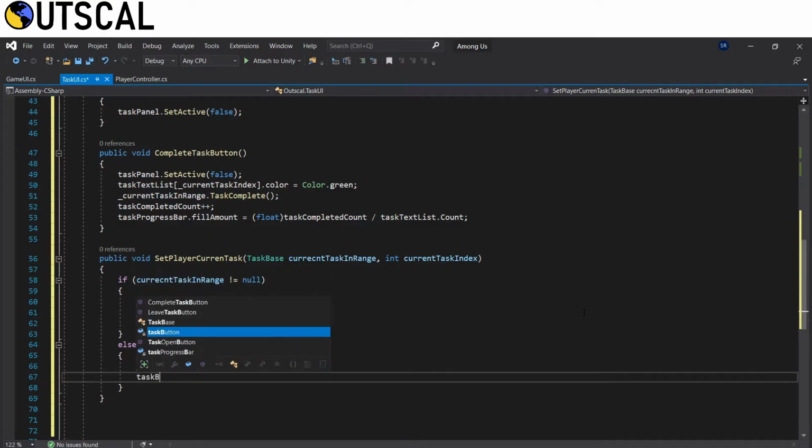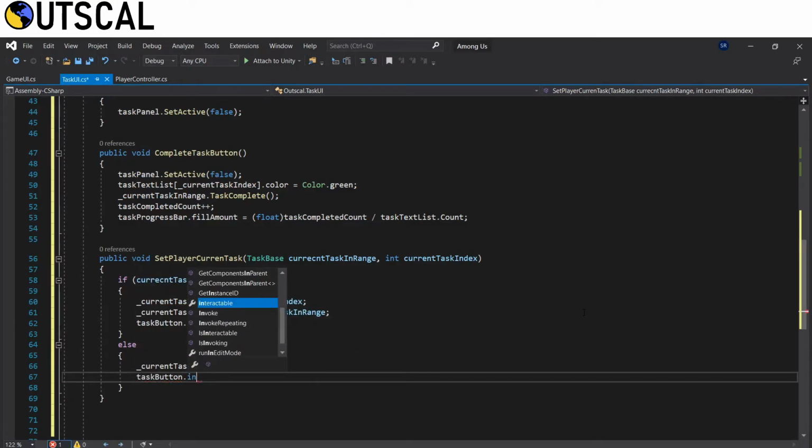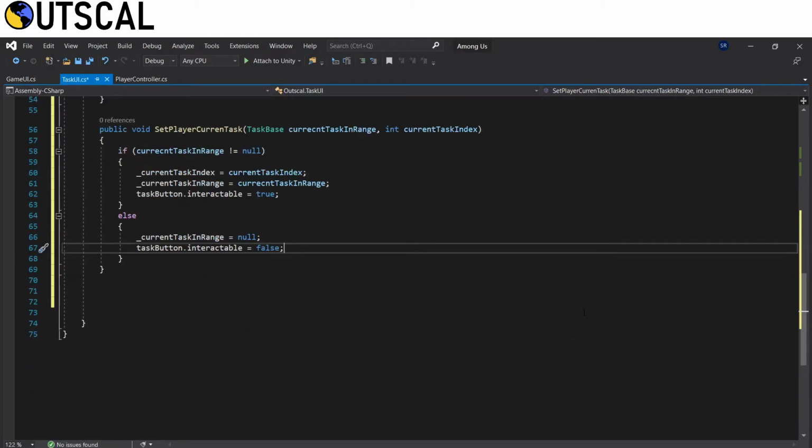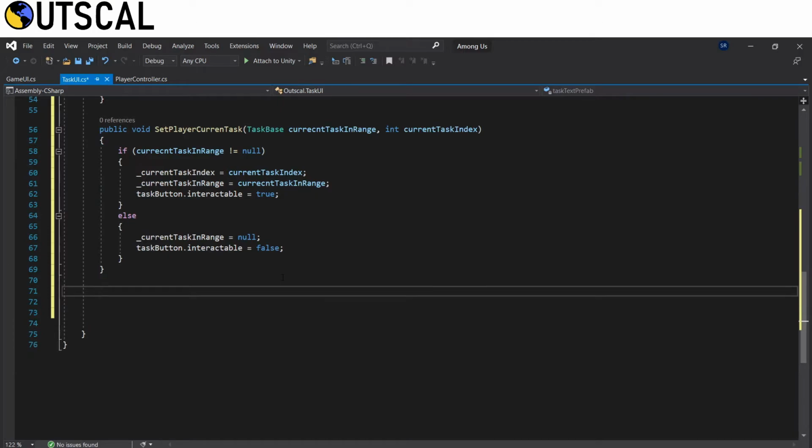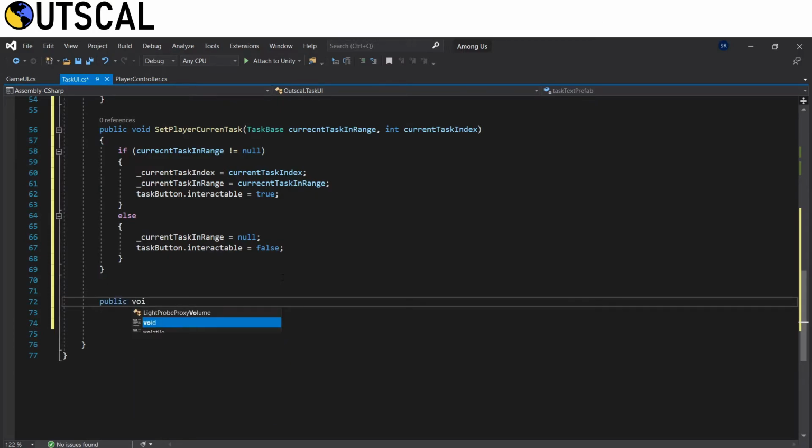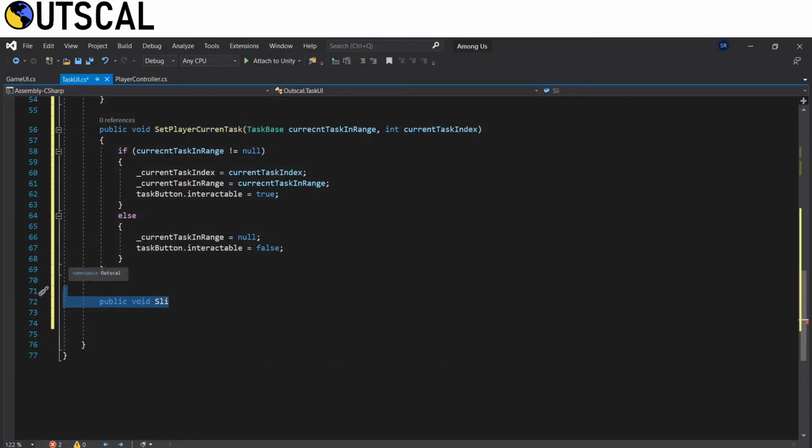And in else condition, we set underscore current task in range equal to null, and task button dot interactable equal to false.